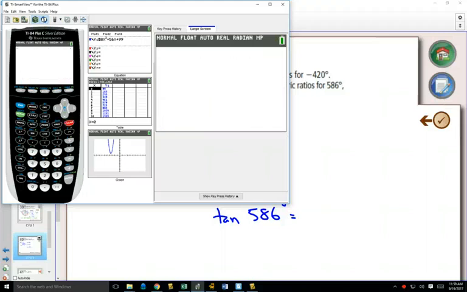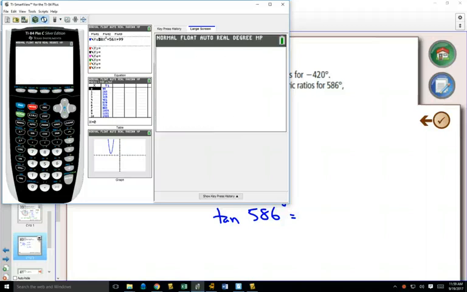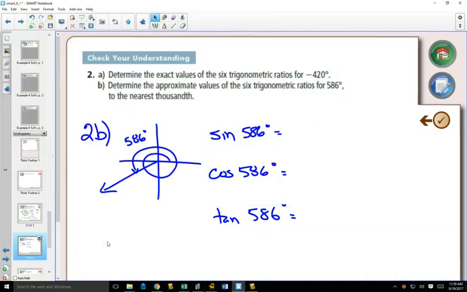we want to first make sure that our calculator is in degrees. So if you have your calculator out, you can hit the mode button and check to see if your calculator is in radians or degrees. My calculator right now is in radians, so I just need to go over, push enter on degrees, and now it's on degrees. To get out of this screen, second, and then above the mode button it says quit, and that brings you back to here. So now when I write sine of 586 degrees, it tells me it's negative 0.719. So I write that down, negative 0.719